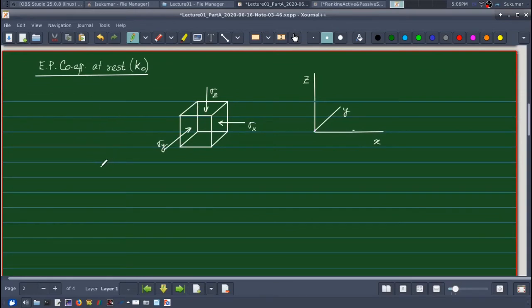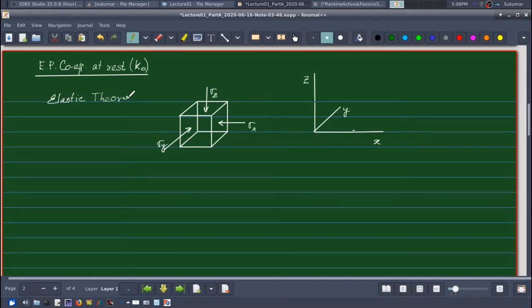Okay, now let us find out the earth pressure coefficient at rest, K naught, on the basis of elastic theory, because that is the easiest one. And elastic theory. So here